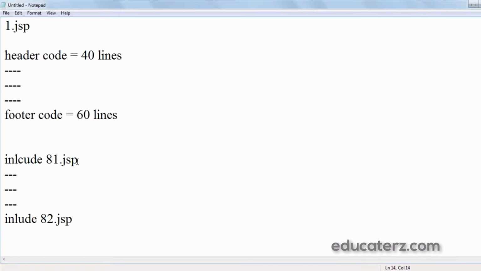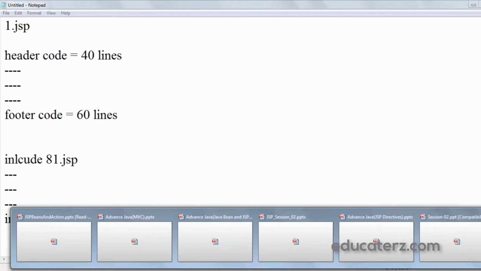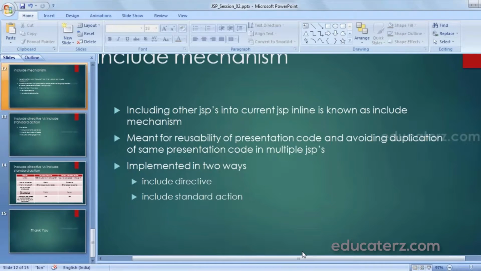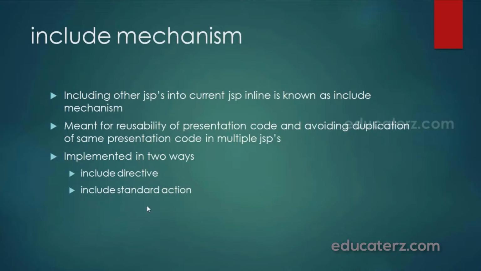So these two can be written in the rest of the 79 pages. Hence duplication of presentation code is eliminated. So that is the reason include mechanism avoids duplication of same presentation code in multiple JSPs.